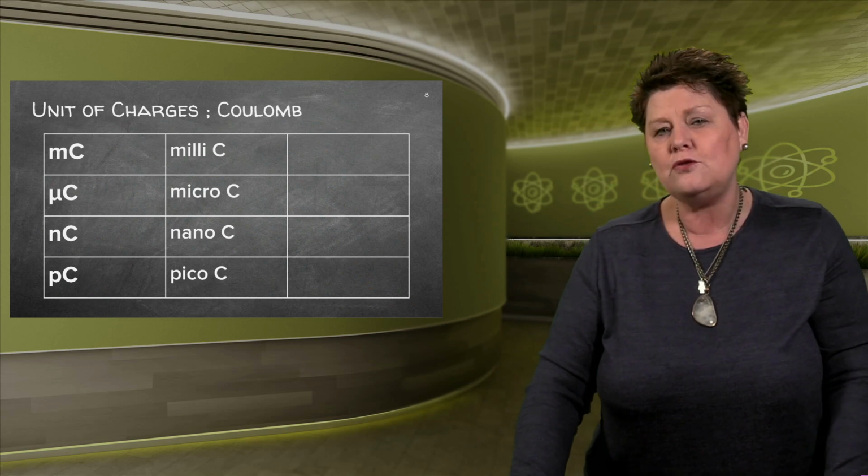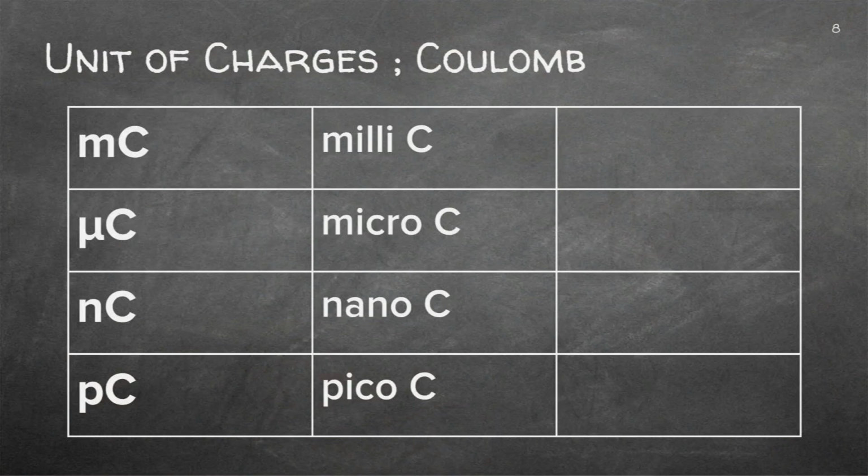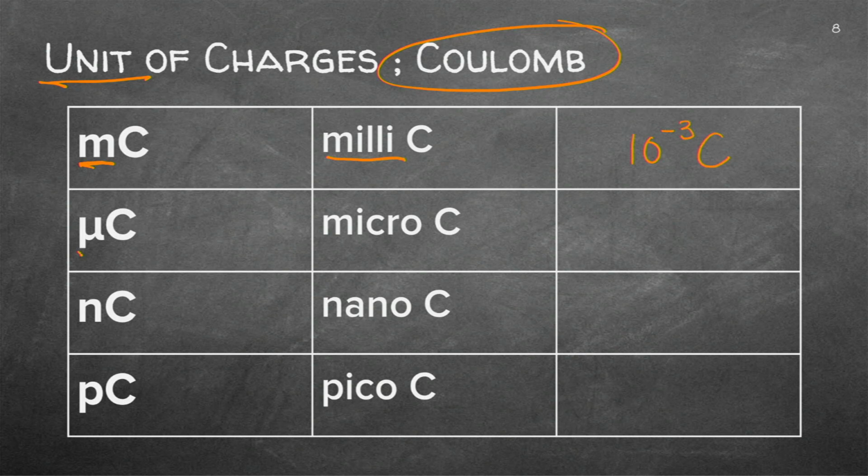Finally, before we get to Coulomb's law, just a revision on the unit of charges. Now, we already established that it's a coulomb, but they might give it to you in millicoulomb, which means it's 10 to the power minus 3 coulomb, or microcoulomb, 10 to the power minus 6 coulomb. The one we usually use is nanocoulomb. Very small charge, 10 to the minus 9.